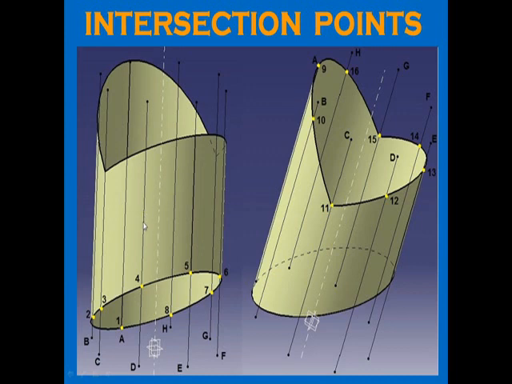Okay, so 8 equal divisions, 8 parts. As you can see, these are the vertical generators indicated by the black vertical lines. So these are all the vertical generators. You can see here A, B, C, D, E, F, G, H. There are 8 vertical generators of the cylinder which you have created.